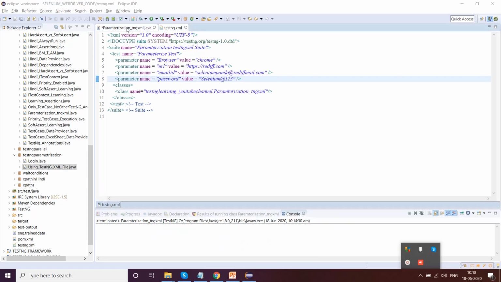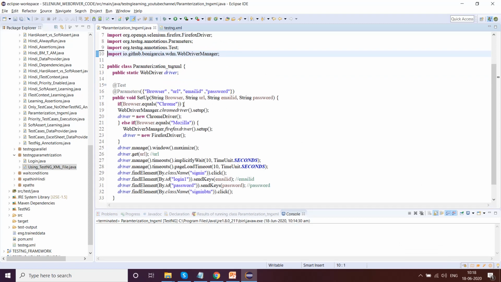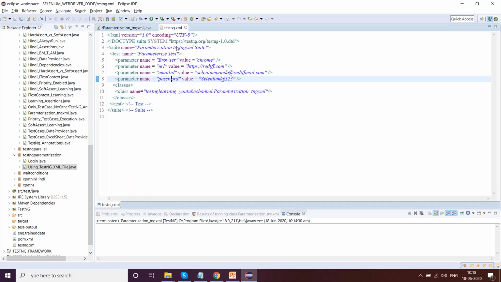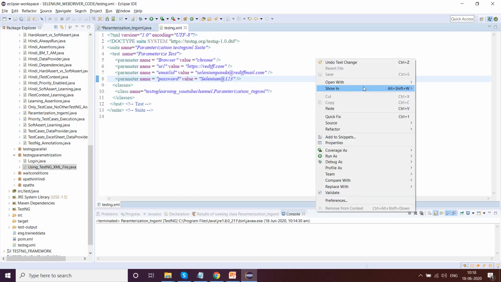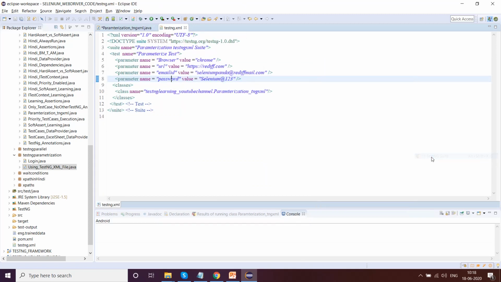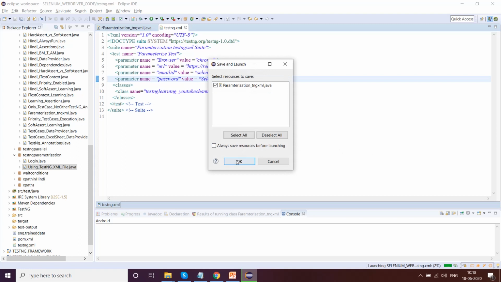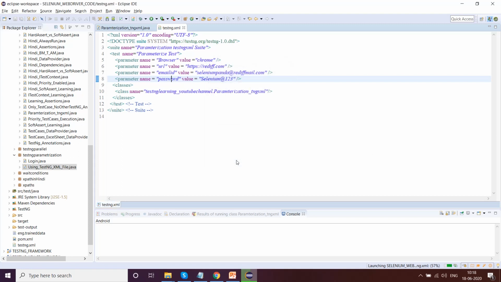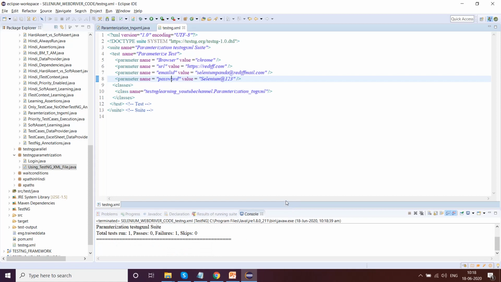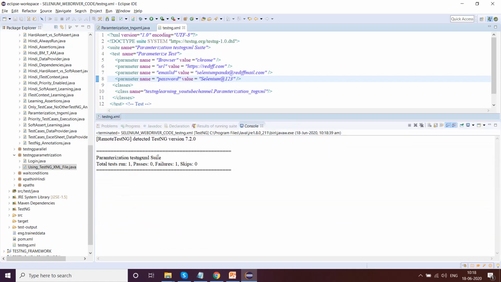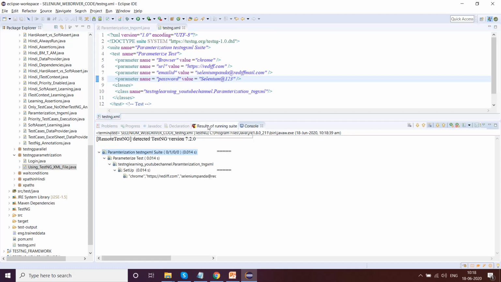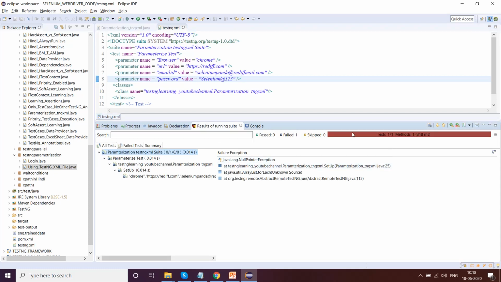Hello guys, there was an error which we encountered. Do you want to know what error it is? Let's go ahead and understand that error again. In the testng suite, if we go to the results of the running suite, it gave us a null pointer exception.